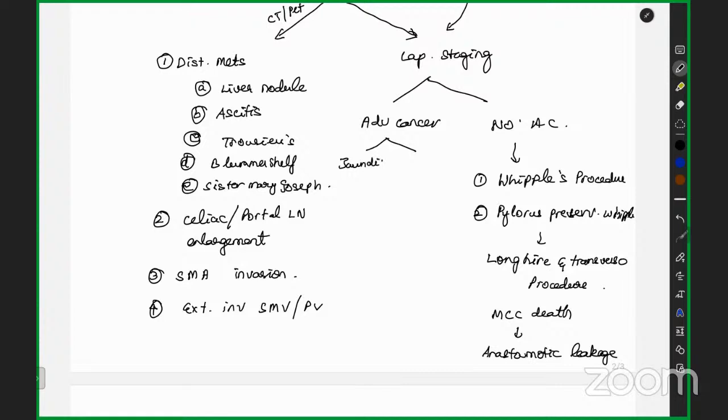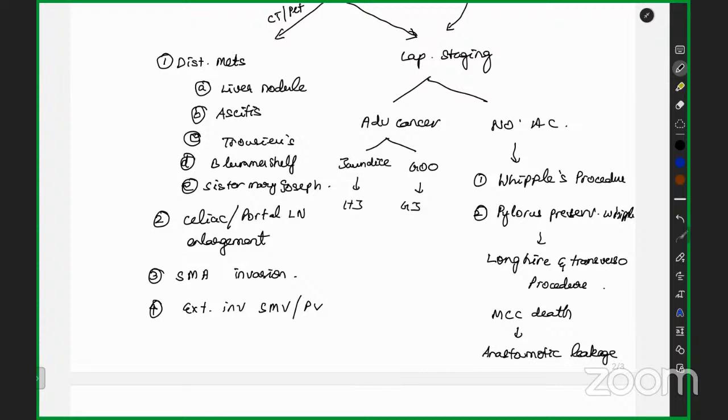If my patient is going to have jaundice, or if my patient is going to have gastric outlet obstruction: if it is jaundice, I'm going to perform hepaticojejunostomy. If my patient is going to have gastric outlet obstruction, then I'm going to perform gastrojejunostomy. Now, next problem is